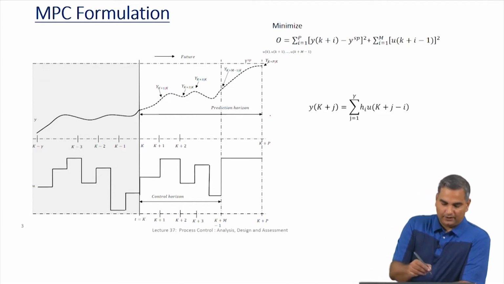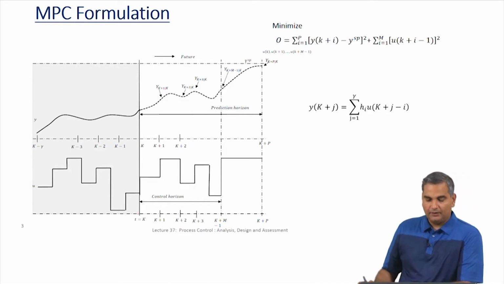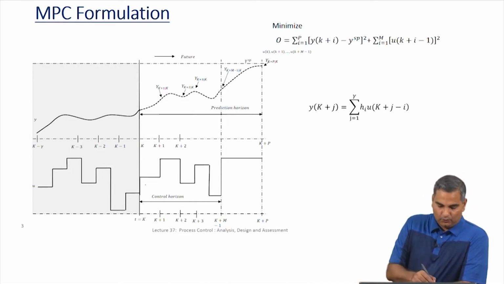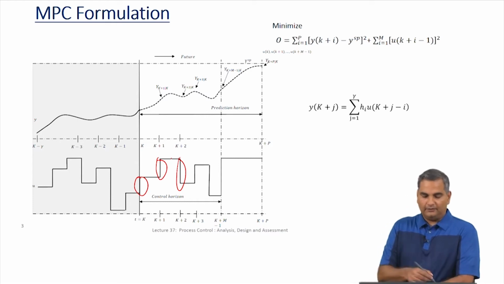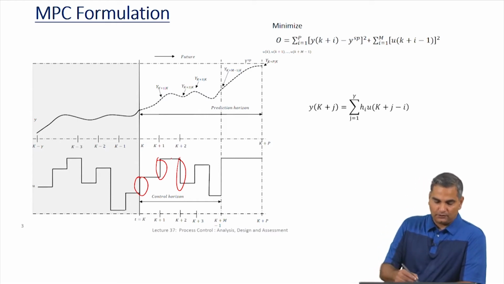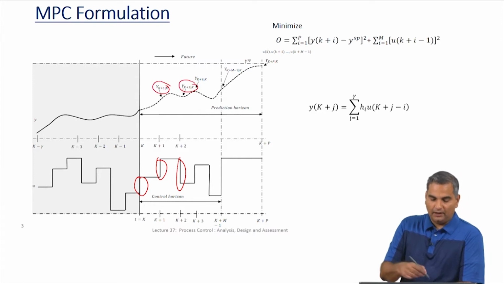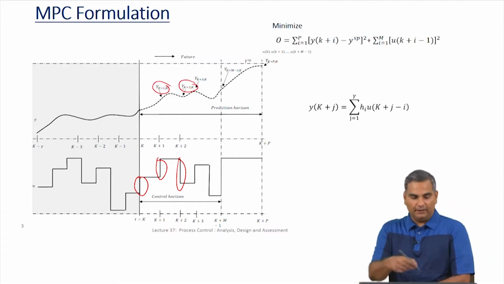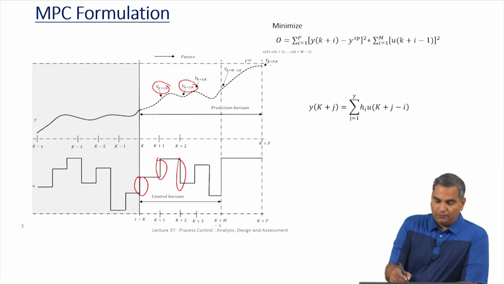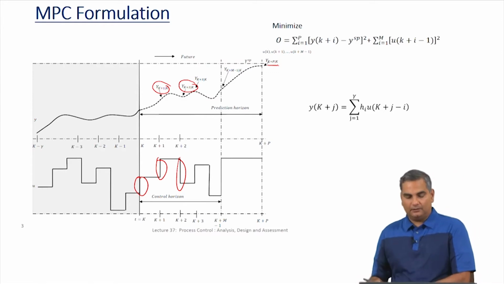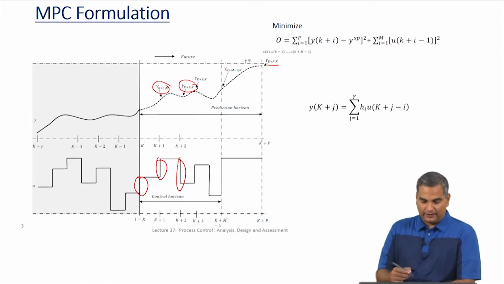As a recap, we are at the time t equal to k, and whatever control move that we are going to make at k, k plus 1, k plus 2 and so on, these will affect outputs in the future. So, they will start affecting the outputs at k plus 1 given k, k plus 2 given k. I already talked about given k, meaning we are at time t equal to k. Okay. So, these outputs up to yk plus p are going to be affected by the choices that I make,